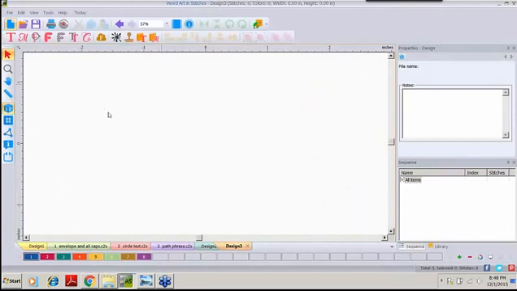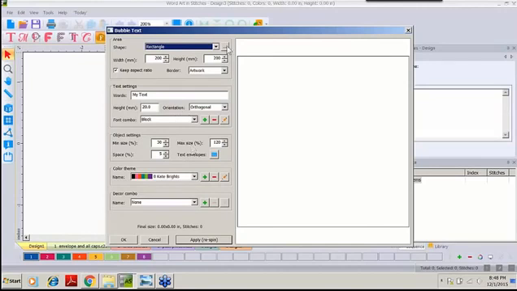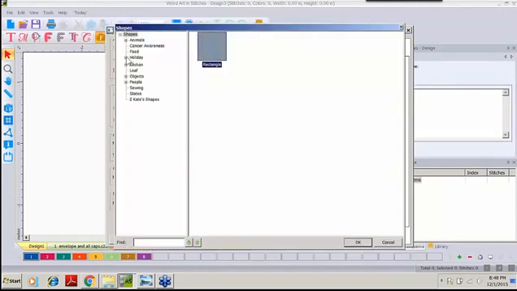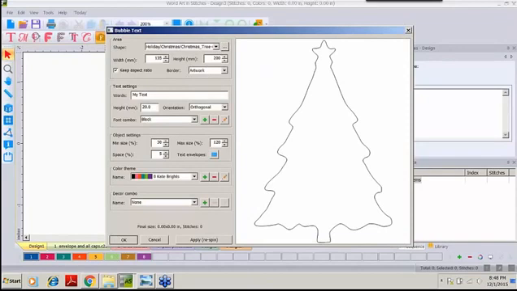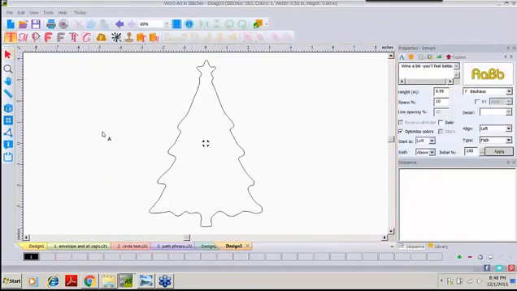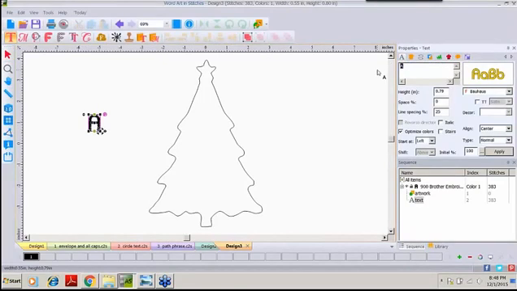There's one other one that I want to show you so I can give you some caution with this. The two that I have chosen were specific to let you be successful in the very first try, but if we go back to holiday and we pick something like our Christmas tree, we leave it at artwork, we bring it to our screen, we take our text and type our phrase on screen. I need something relatively long here, so I will type in a little longer phrase, and I'm going to change that to a 6 and maybe a 10% spacing,